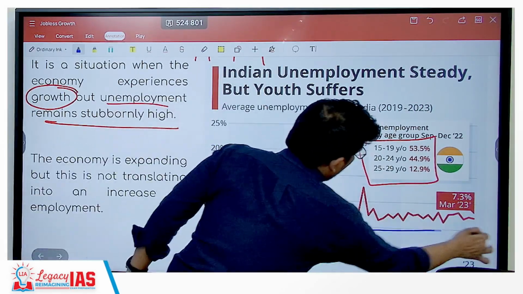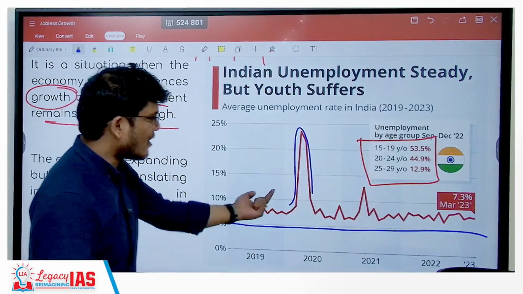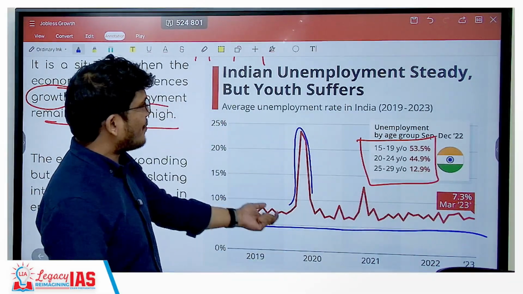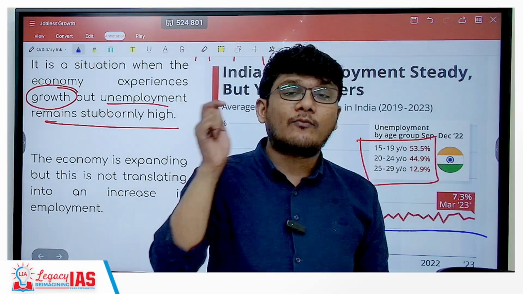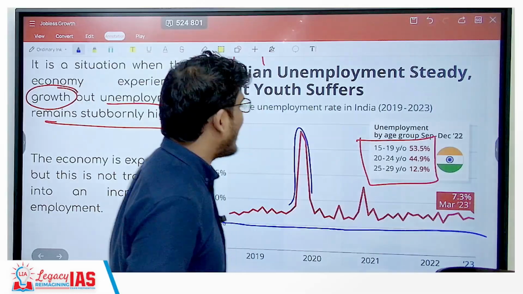It has not come down below 5 at all. That is why it is stubbornly high, it is not coming down. This unemployment rate is not coming down. So in your answers, you can mention this, but what you should also focus on over there is that if